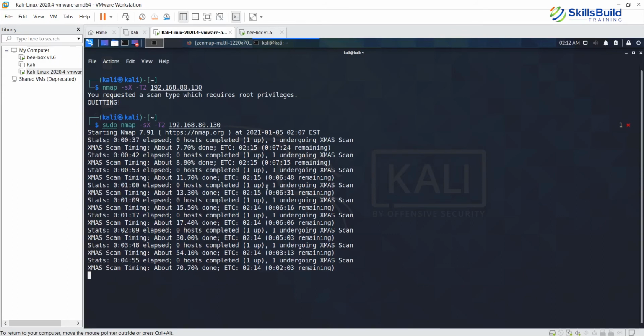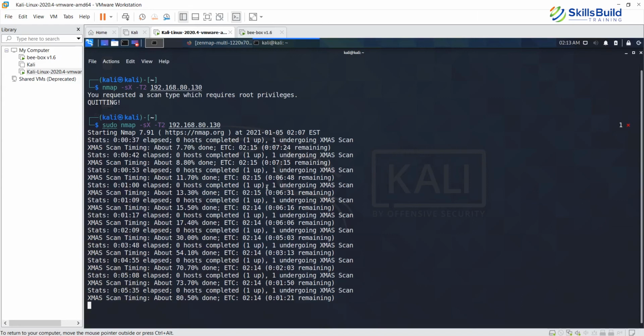Okay, almost there. 70%. This is moving pretty fast as compared to the previous command that we had seen. Okay. Oh wow, 80%.